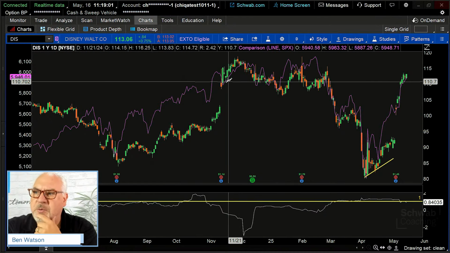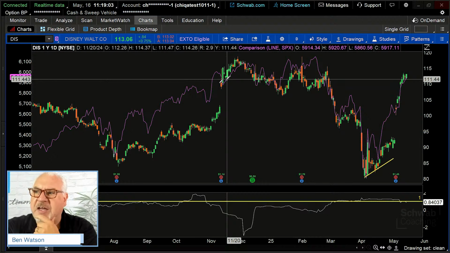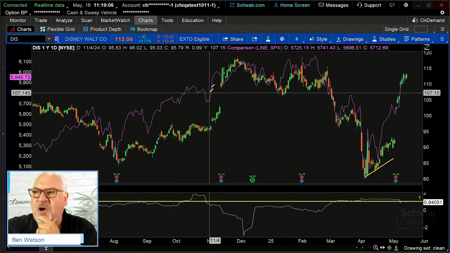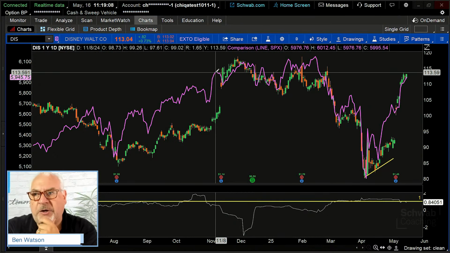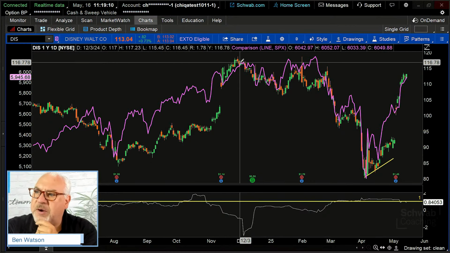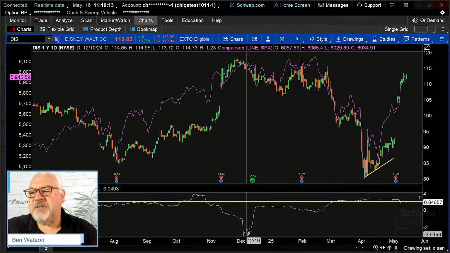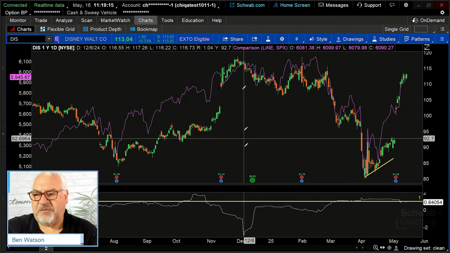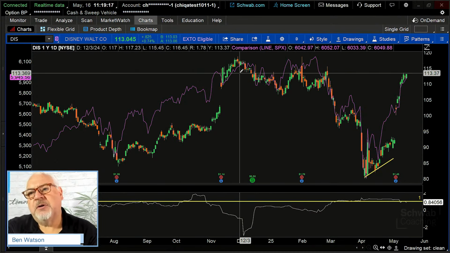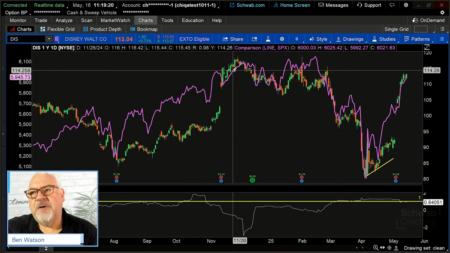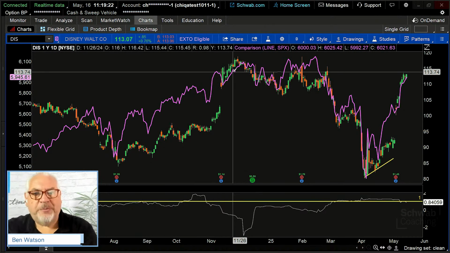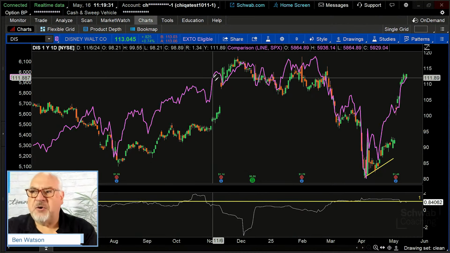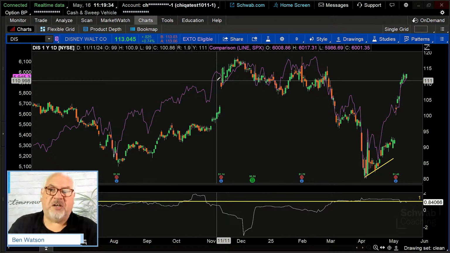And notice what was going on here. Well, wait a second. The SPX was also going up pretty quickly here. The SPX was going up and then started to move down, but Disney was moving less volatilely. If you remember what was going on in November, December, right? In November and December, the leadership of the SPX was starting to fall off. We were starting to see some of those tech leaders, the Mag 7 names, starting to fall off.